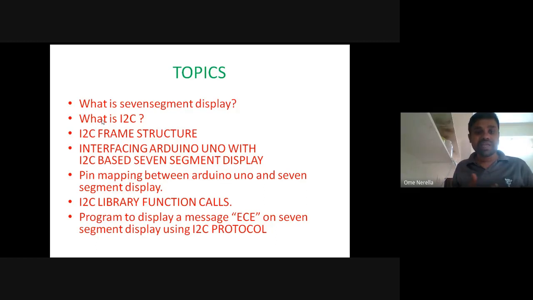And finally, we want to see how to write the program to display ECE on the 7 segment display using I2C protocol.